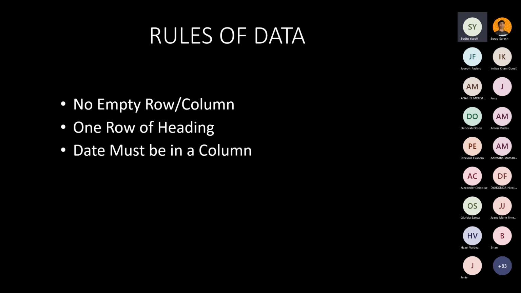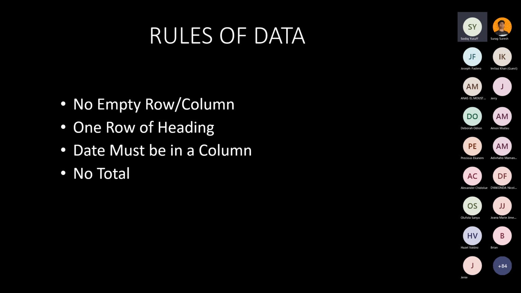Then the third one is, in your data, all dates must be in a column. Your dates should be in a column. They should not be spread across the rows in your data. That's the third tip. Now, the next one is within your data, there should be nothing like a total or